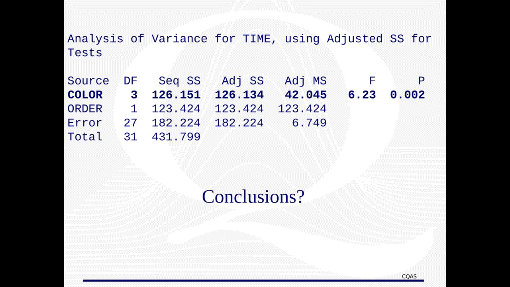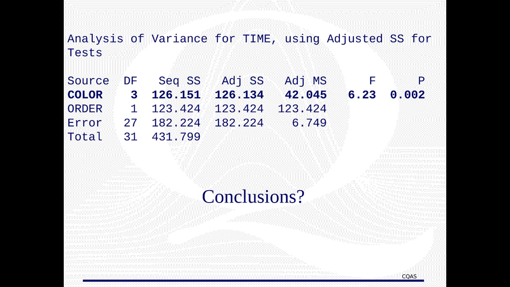This reduction in error degrees of freedom actually increases our error mean square slightly, from 6.598 to 6.749. However, the adjusted sum of squares for color has increased substantially to 126.134, which more than compensates for this change. The practical interpretation is clear. When we assume that the color effect is consistent across all order conditions, that is, when we assume no interaction is present,